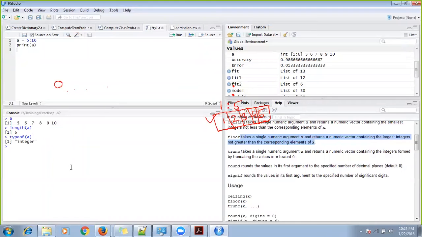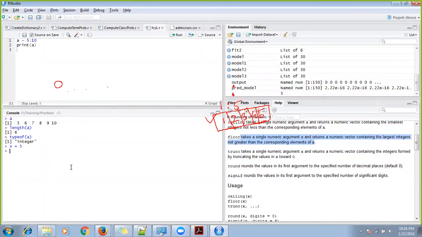Why it is saying integer is because 5 to 10, this sequence can only happen on integer numbers. Earlier I was telling you that whenever you store something, let's say I store x equal to 5, now I can write type of x. Now x is a scalar, but a is a vector. But I'm just trying to see what kind of numbers this variable can hold.